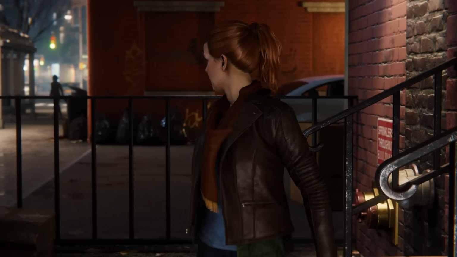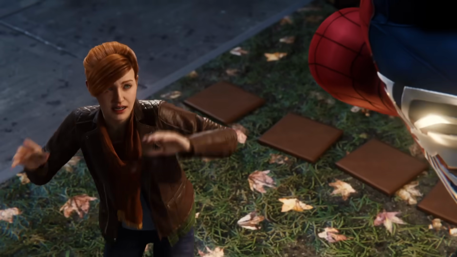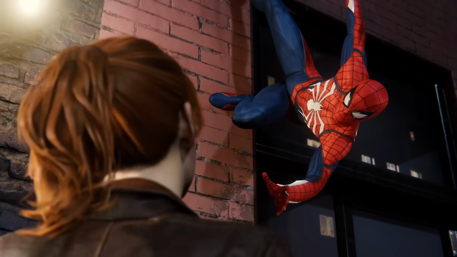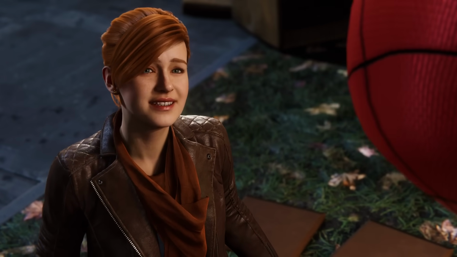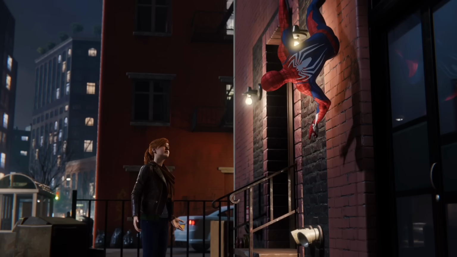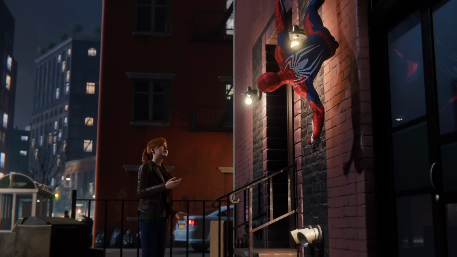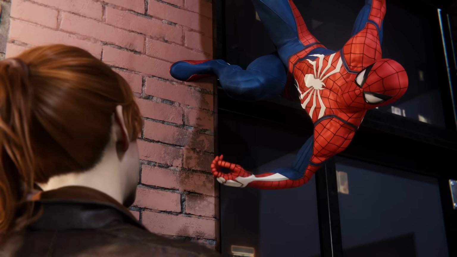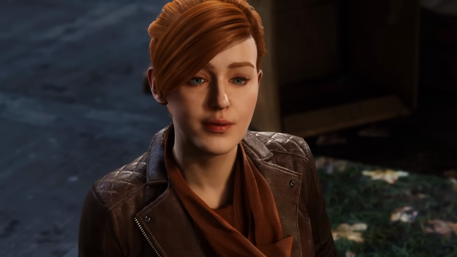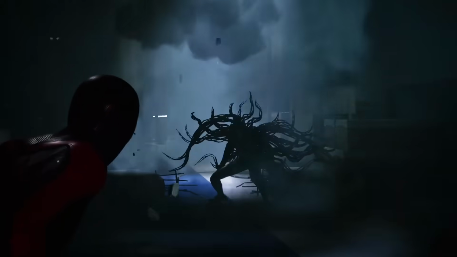And while I know certain people do have their issues with the MJ missions, and I myself would obviously much prefer playing as either Peter or Miles, you can't deny that MJ herself is a very critical part within the life of Peter Parker. And being able to briefly play as her in order to see the game's story from her perspective does go a long way in terms of narrative impact,